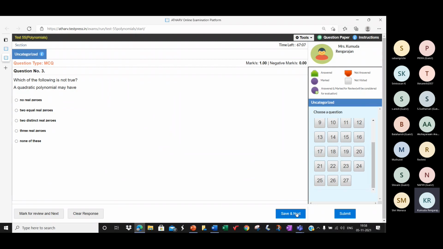Now, a simple example, we'll take a quadratic polynomial which does not have a real zero. For example, x square plus 9 is equal to 0. You must be sitting with a book and a writing instrument. Whether you have a pen, pencil, crayon, whatever you have with you, write down x square plus 9 is equal to 0.